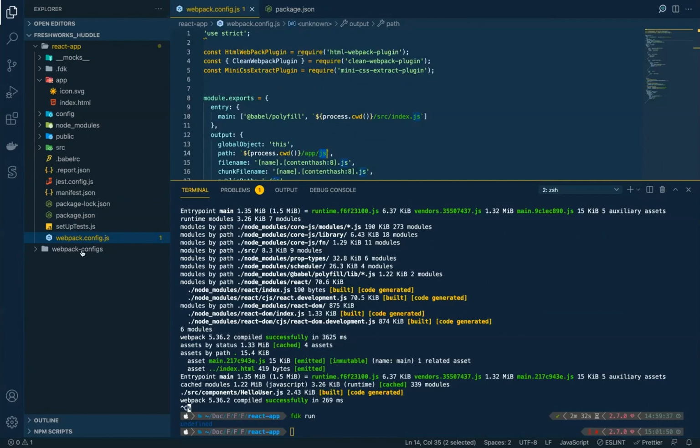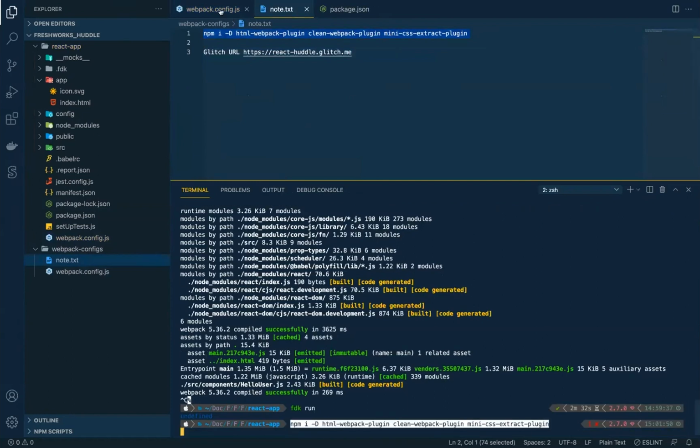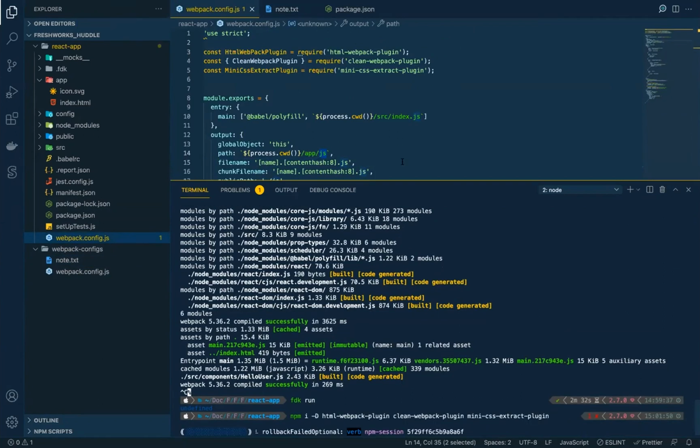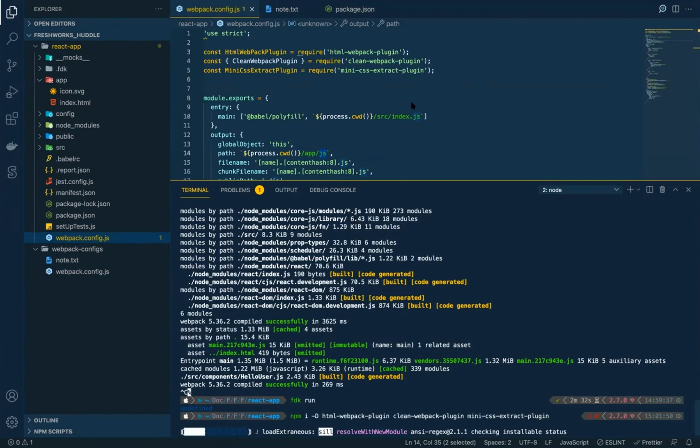So in order to overcome that, I also have another command stashed here. These are the dependencies that are used in the custom Webpack config here. So I am going to install all these dependencies. Meanwhile, while these dependencies get installed, let me check if I have any questions to take.